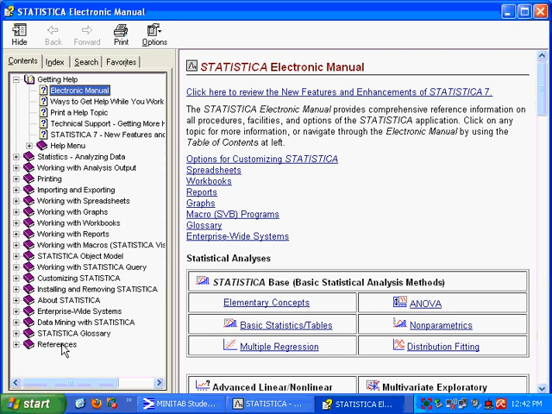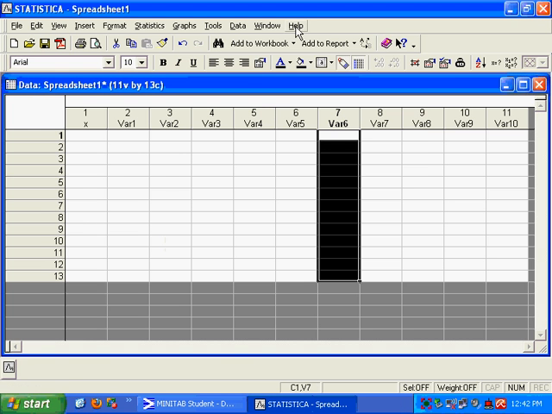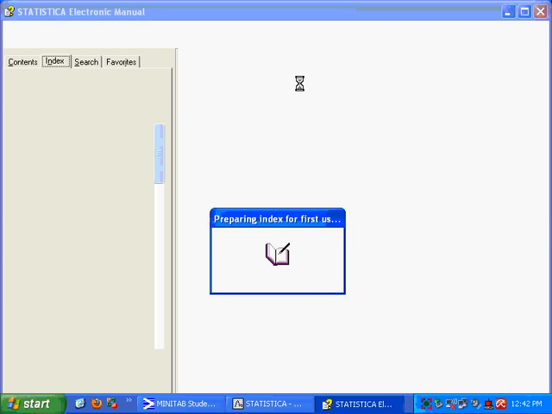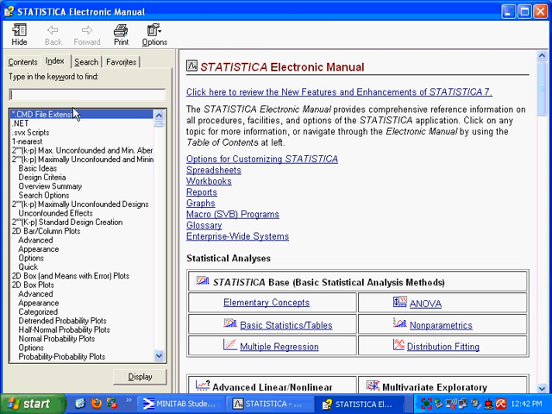Okay. About Statistica. Working with the report. Whatever you want, just click, and the corresponding topic will be displayed. Similarly index. It is also the same thing. You can type, suppose if you want a histogram, just type histogram, and the corresponding topic will be displayed. If you want the details about ANOVA, just type ANOVA here, it will display the corresponding